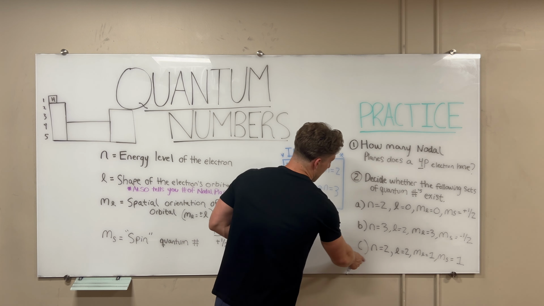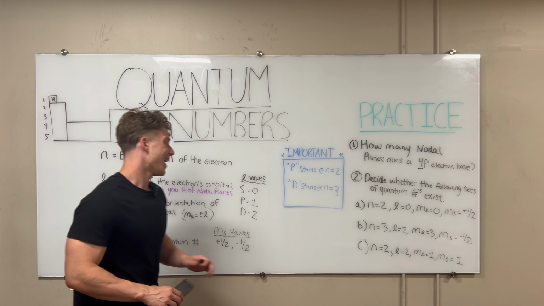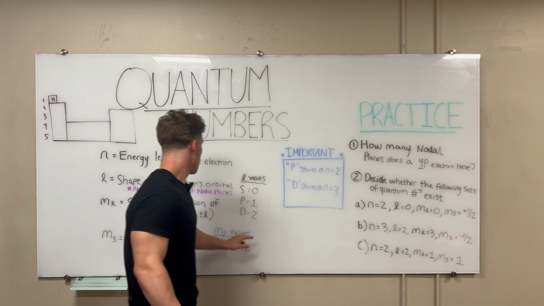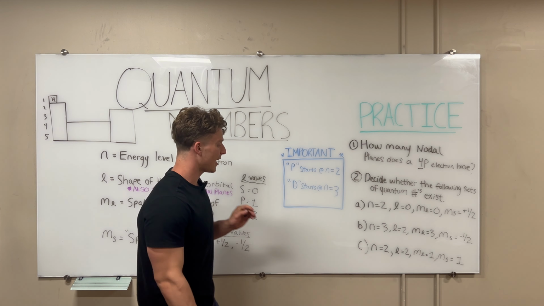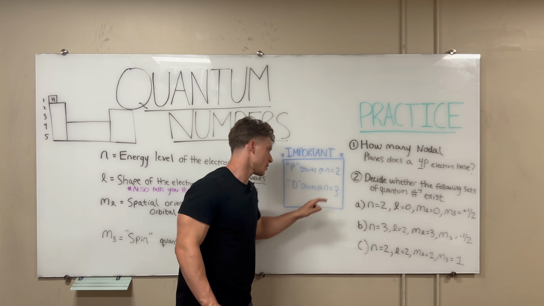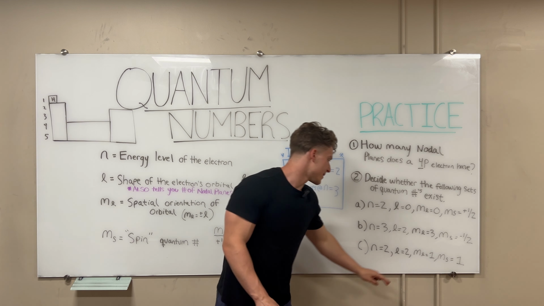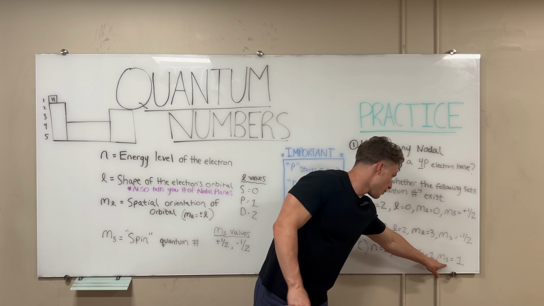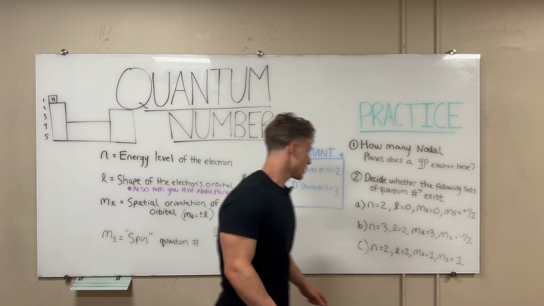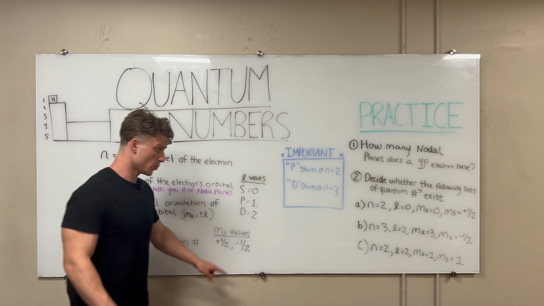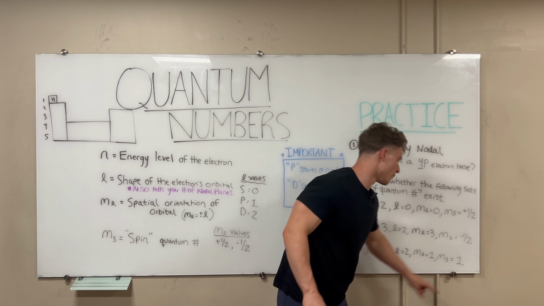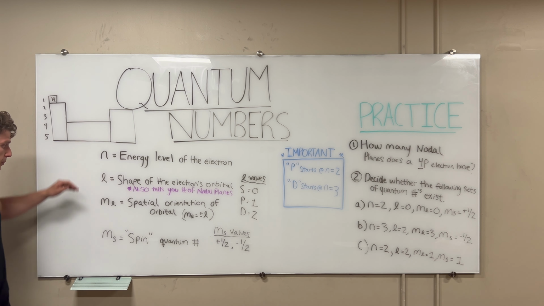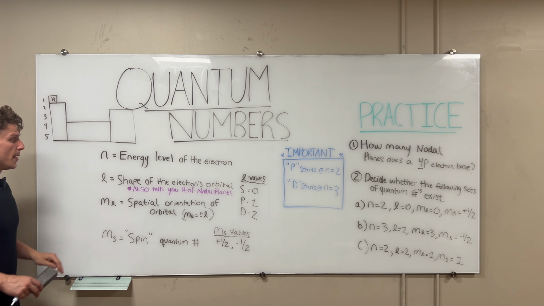It was fine for the n and the L, but that m sub L makes this set of quantum numbers invalid. Now lastly, if n is 2 and L is 2, we are saying that this is a 2d electron, and we know that 2d electrons don't exist because d starts at n equals 3. So this is an invalid set. If we look at the m sub L, that was fine, but if we look at m sub s also, m sub s can only be plus 1/2 or minus 1/2, and this is a value of 1, which also makes it invalid. So it's important that you know the quantum numbers, know what each one of these means,